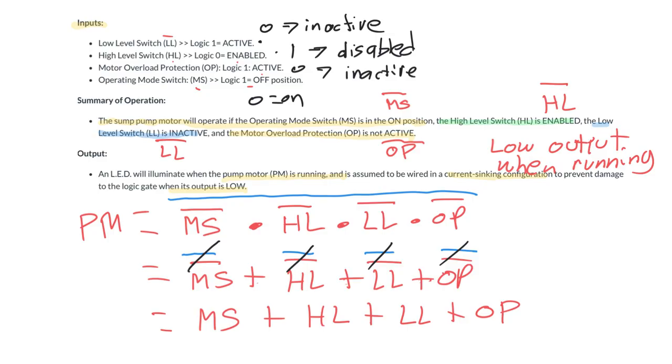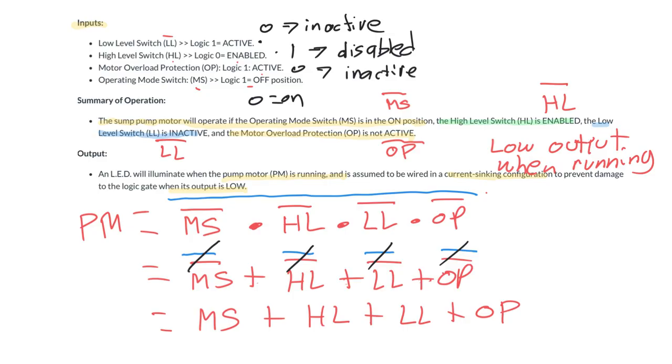Now, if we wanted the output to be high when the motor's to be on, then we would not put this blue bar here, and therefore you could just simply leave it as it is. All right, so